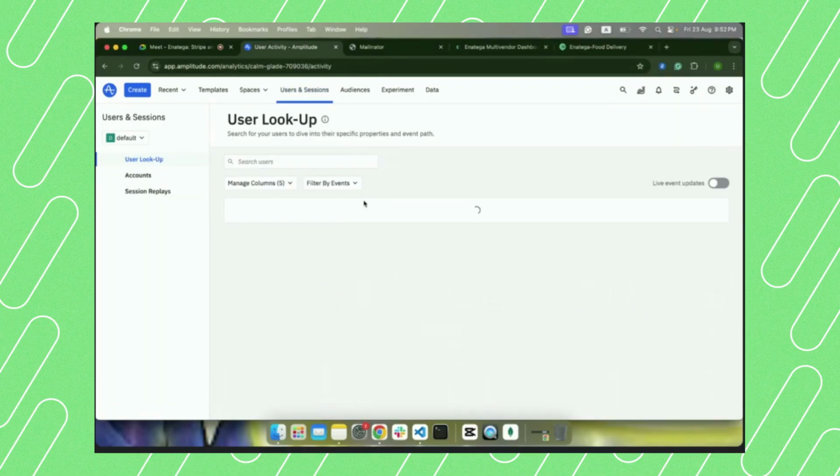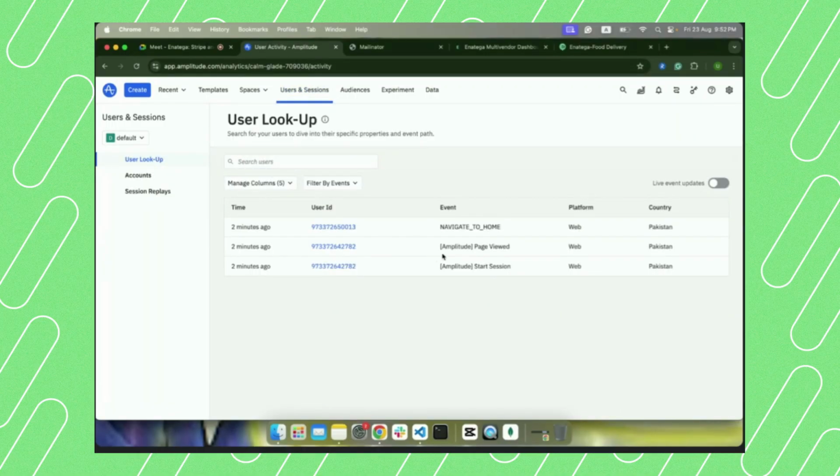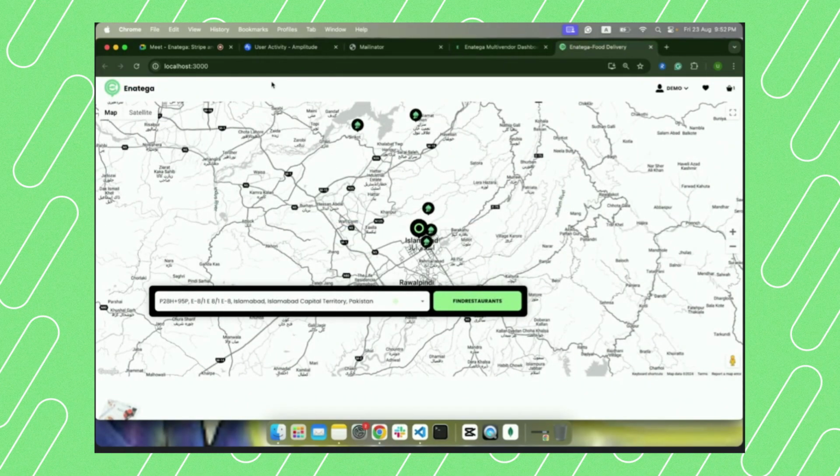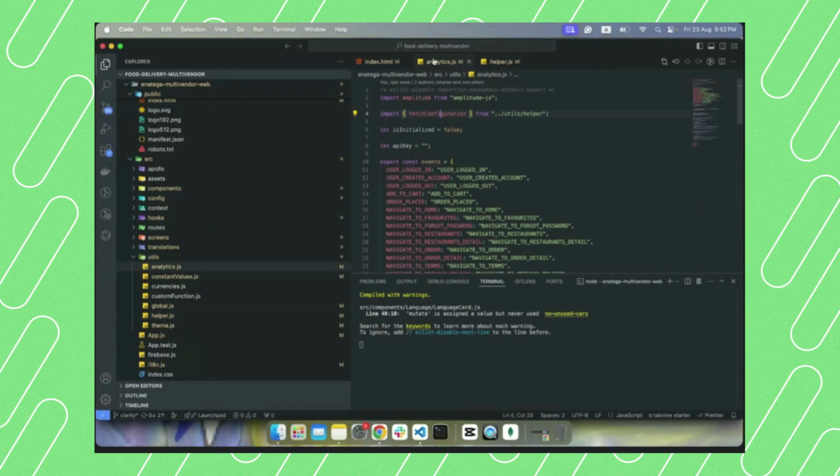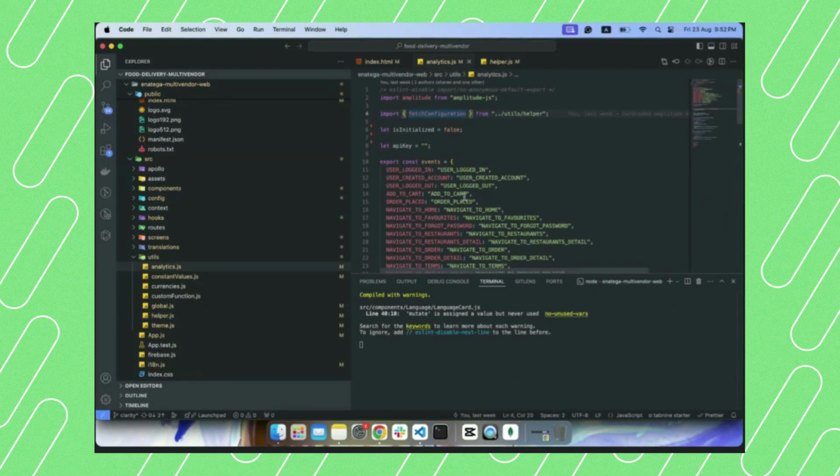You're using all the events over here. Whatever you do, you can see that it gave us the navigator to home. So we actually came over here. So this is our home, and it gave us this custom event that we created. And let me go back to the analytics, and you can see that you should receive